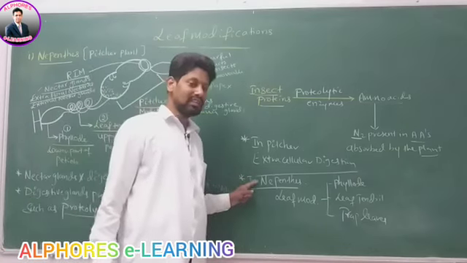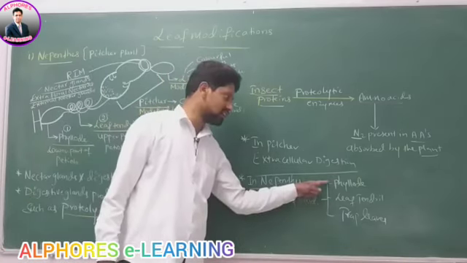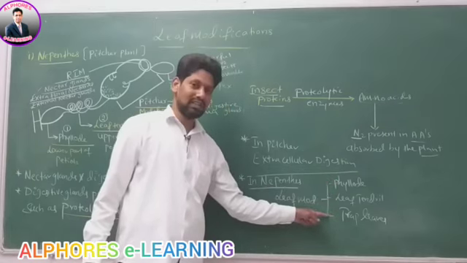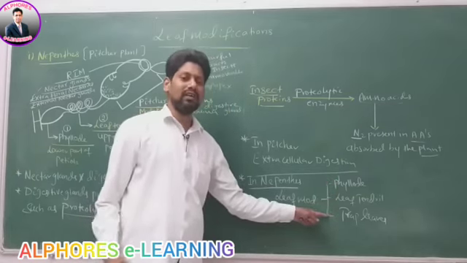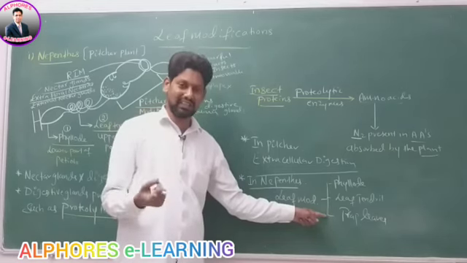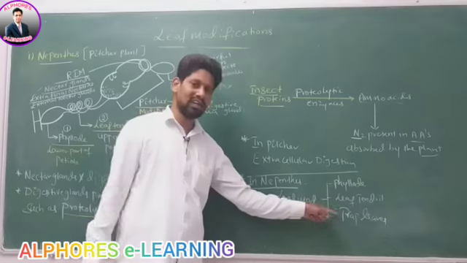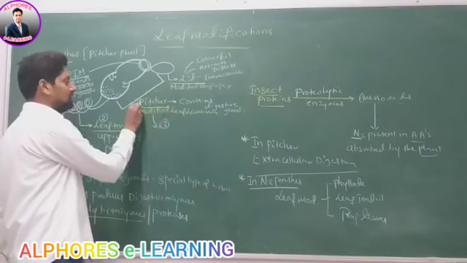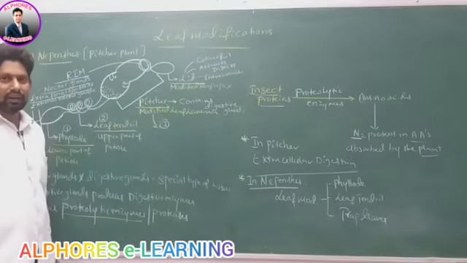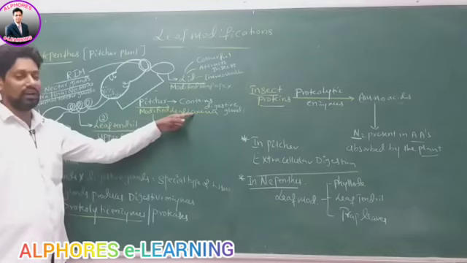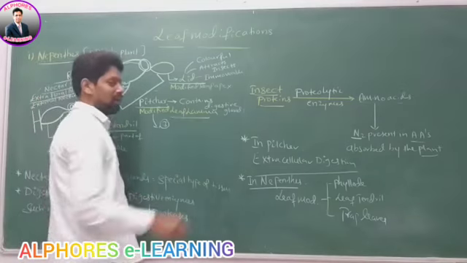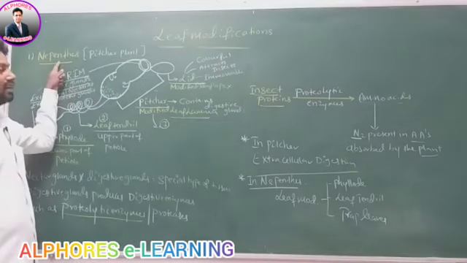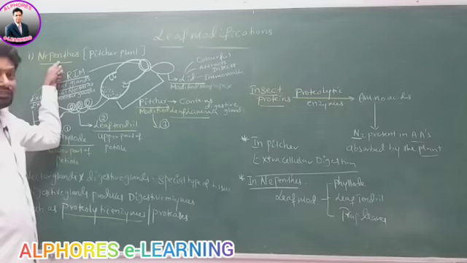Therefore, in case of Nepenthes, you are going to see these leaf modifications: phyllode, leaf tendril, and trap leaves. What is the meaning of trap leaf? Trap leaf means the leaves are modified to trap the insects. Is this statement okay? Here the pitcher is the trap. Therefore, in Nepenthes, leaf lamina is modified into a trap.